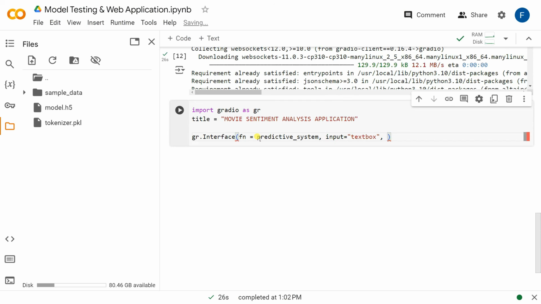It's also simpler than Streamlit. Okay, now the outputs. The inputs should be a text box, and the output should also be a text box. And I also need to give it a title, so let's say title equal to title. Okay, now what I can do is define a variable called, let's say, application